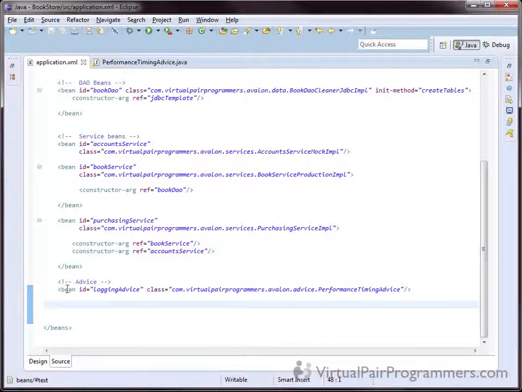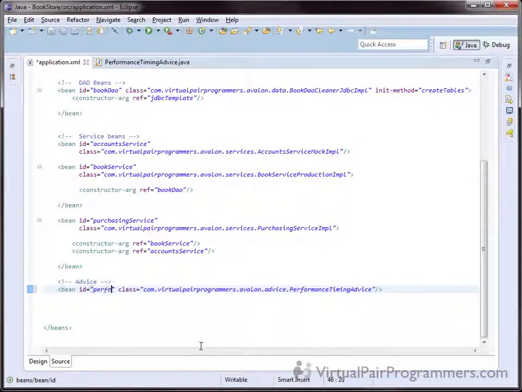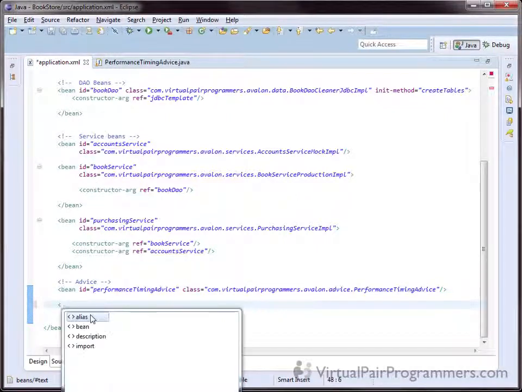So we've already got our advice bean created. This is the performance timing advice. I called the bean logging advice for some reason, but in fact, if you don't mind, while I'm here, I'll just give this a better name. Let's call this performance timing advice. That won't break anything because at the moment I'm not referring to it. Now I'm going to add in then the tag that you saw on the slide,